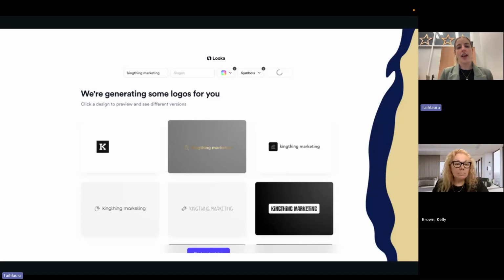And then after it's done that, it will actually generate some logos for you to consider. You can see here a bit of a design preview and some different versions, and then you can click on those and refine those further. Now, again, this has a free version, but then turns into more of a paid version, I think, if you actually want to download and utilize that logo. But it is a much more cost-effective way for us to be able to do that, rather than engaging with a graphic designer to design our logo, particularly if we are a new small business.